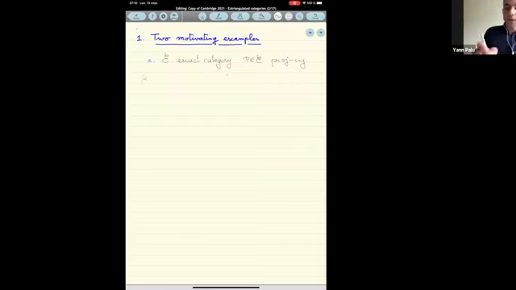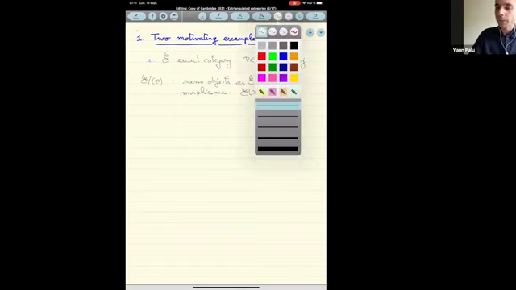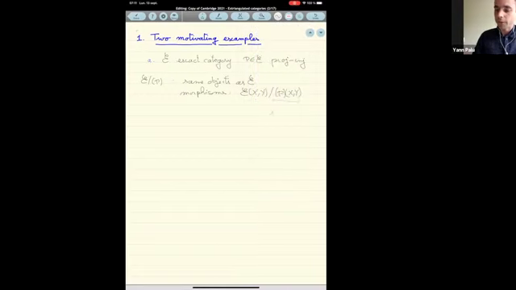Then there's a quotient category, which is defined as having the same objects as E, but where morphisms are given by the quotients by the ideal of morphisms factoring through some additive power of P. So here, that means morphisms from X to Y that factor through some P to the N.